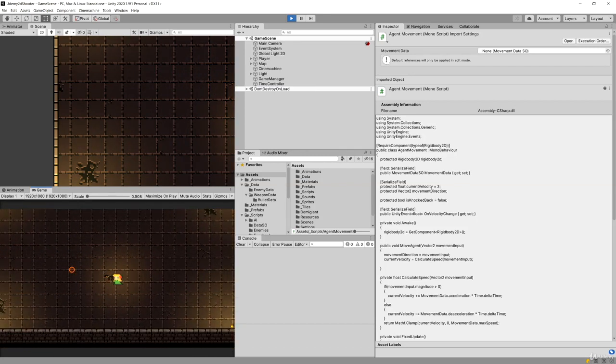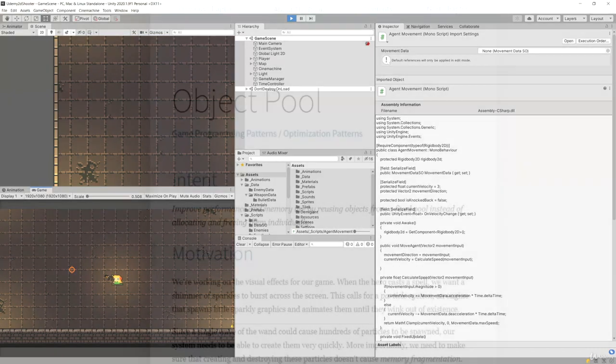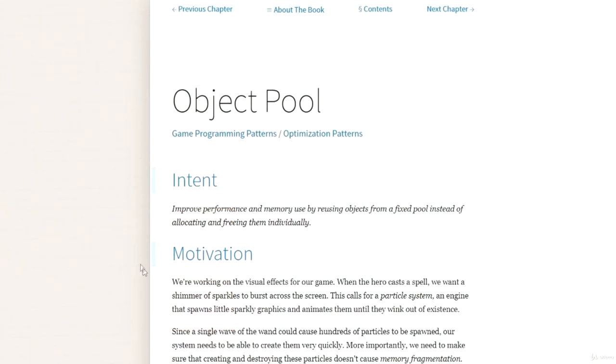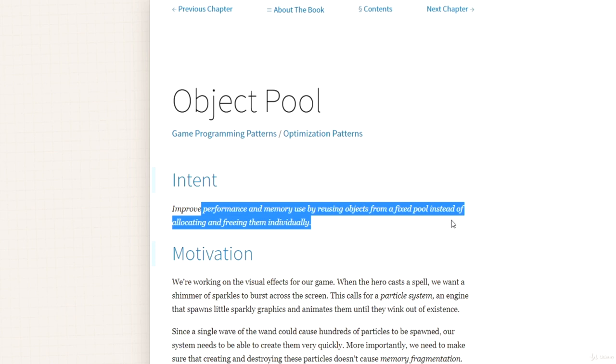So let's explore what object pooling is. Okay, we are looking at the Game Programming Patterns. I will link this article in the resource section in the description of this video. The object pool improves performance and memory use by reusing objects from a fixed pool instead of allocating and